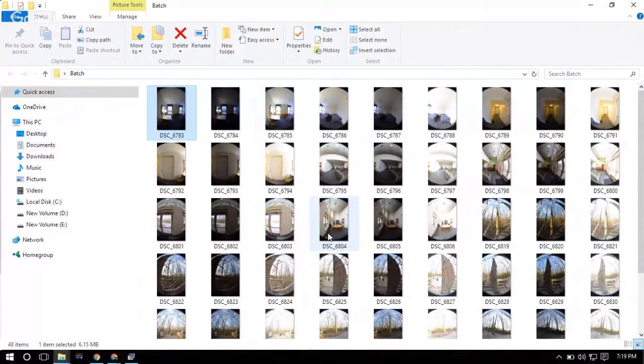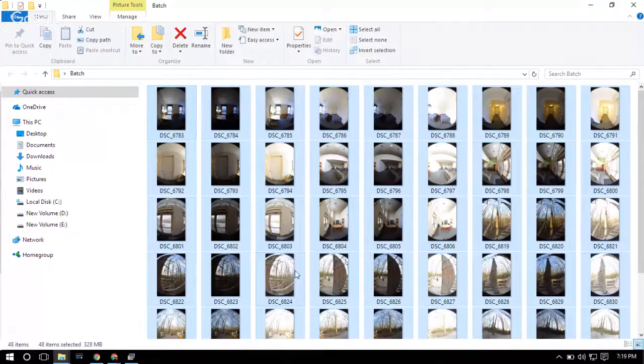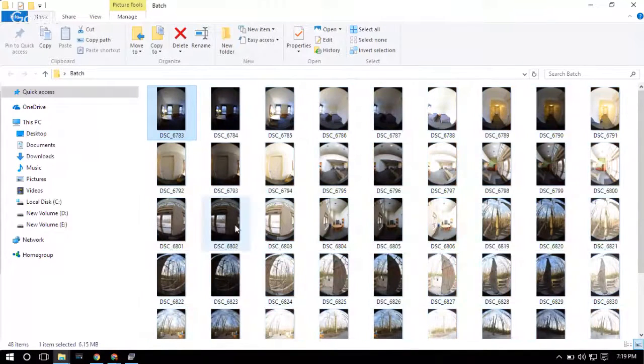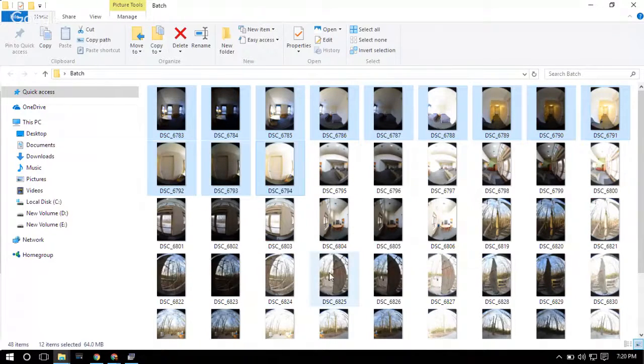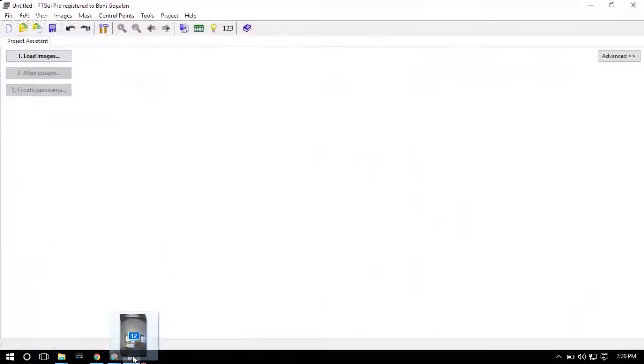This folder consists of 48 images, which for Google, because we click 12 images per panorama, means 4 panoramas in the folder. To create a batch builder, select the first 12 images from your folder, drag and drop them on PTGui,